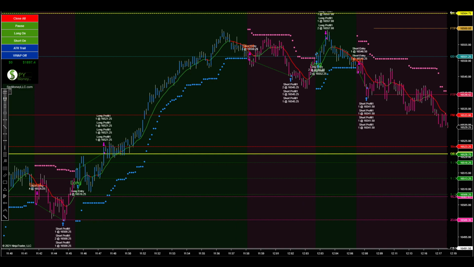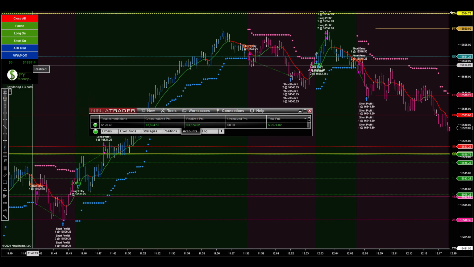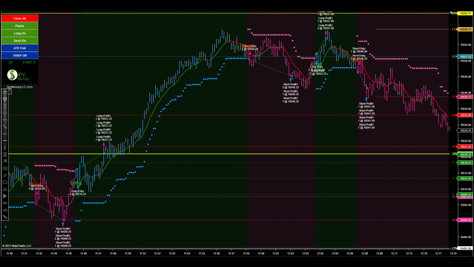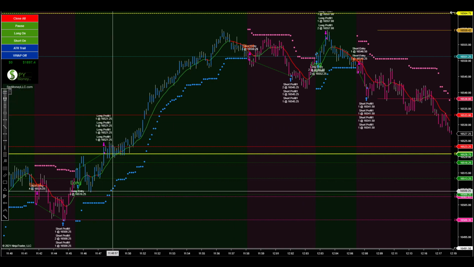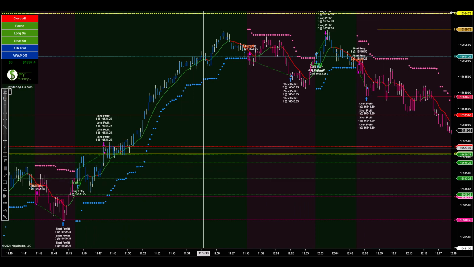I have that turned on. I can show you this, but it's got my regular trading in there as well. But this bot is actually up, call it $1,900, but then I've manually traded some as well. The total commissions is up $120.48. And to give you an idea of how we do this, a super trend bot is, now this is the